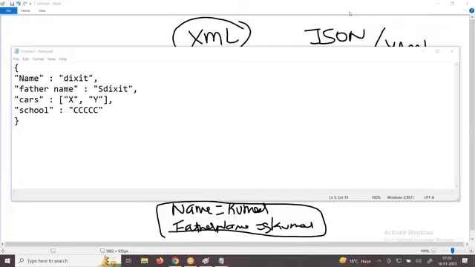This is nothing related to AWS. It is the most important topic in your life. JSON format. Any applications in the entire world talk to each other using JSON format. For example, you are logging into LinkedIn, but you're not providing a LinkedIn username and password. You are providing a Gmail username and password. How will Gmail be able to exchange the data with LinkedIn? JSON format. Is it clear? Online people, is it clear?